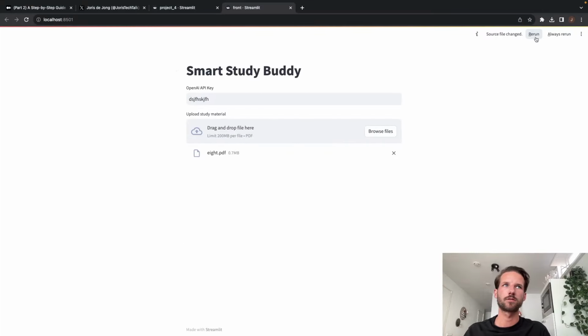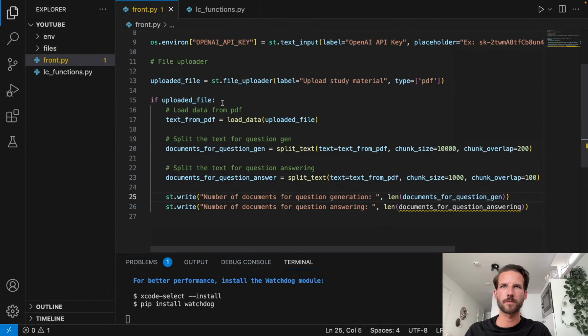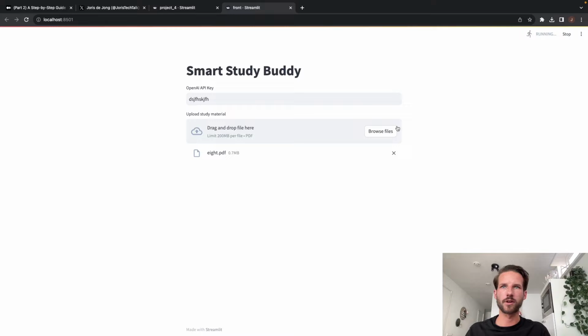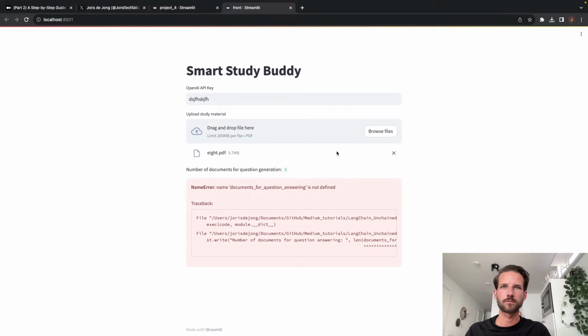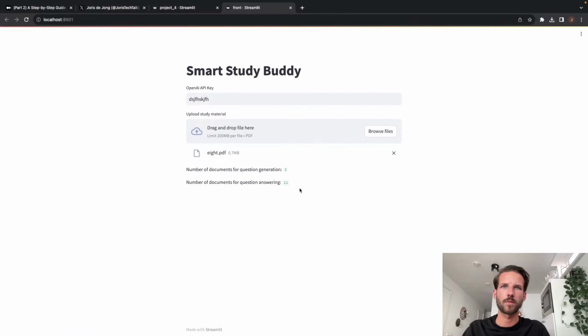If you go back now, we will rerun it, and this condition will be true. So it will get the text from the PDF. Then it will split the text in two different ways, and it will show on the screen how many documents there are after splitting the text. So we'll rerun it. Okay. So with a chunk size of 10,000, we have 2 documents, and with a chunk size of 1,000, we